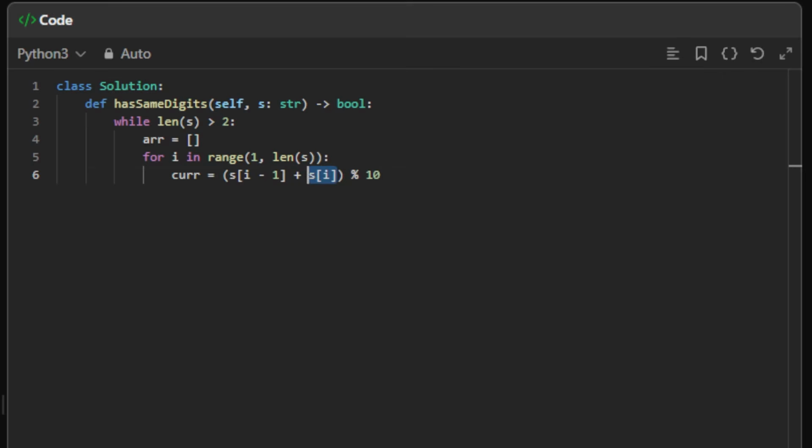Now the thing is that this and this are strings, and we need to transform this into integers. So here we can use int, and we do the same here. And now we can add to the new string in string format the current digit. And after this loop ends, we can say s is equal to the array. Okay, so now we have the new string here, and this will go on and on until we only